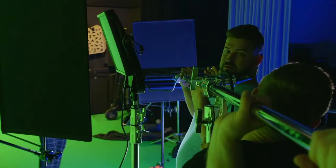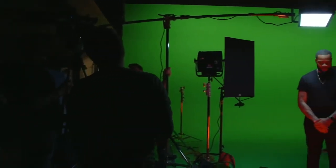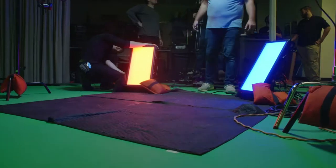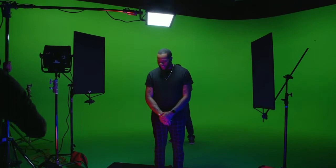Our third lighting setup was interesting. We took one of the 2x1s and we flew it up on a booming combo stand, allowing us to get a light directly overhead, shining straight down onto our subject. Utilizing the ball joint mounts for the 2x1s, we were able to rest 2 of the 2x1s on the ground vertically, allowing us to get really nice low light coming up on either side, again kind of sitting on the 45s. So between the bright single source top-down light and then the party light effects coming up, we had really